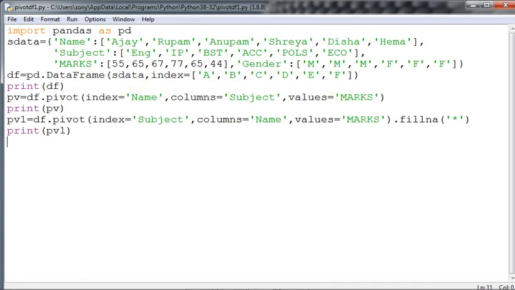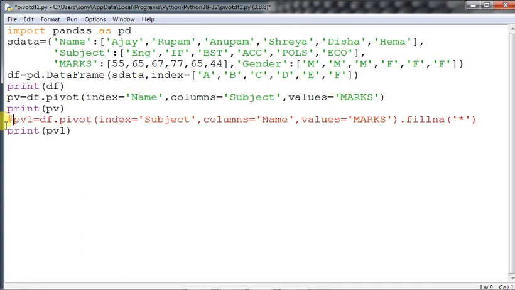First of all, I'm keeping this one inactive, non-executable, for some reason, which we will do afterwards. First we are printing the data frame, and then we are seeing what the meaning of pivoting actually is. So run. I'm using the pivot method right now. In fact, pivot has a lot of parameters.